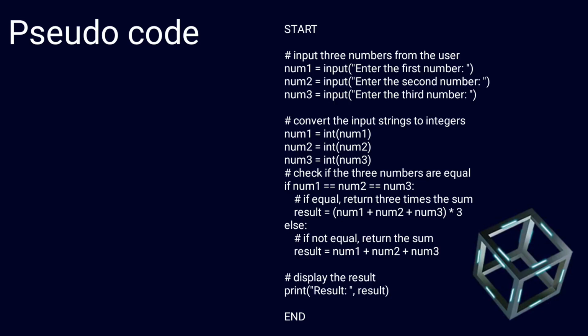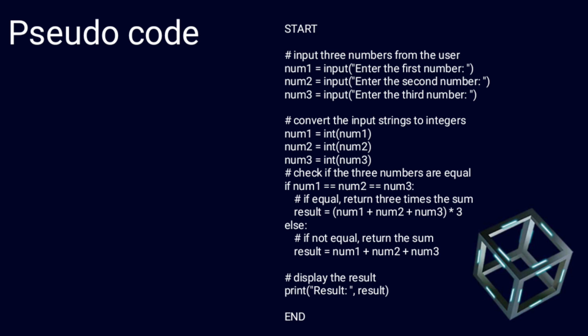And now pseudocode. Pseudocode is also the same as the algorithm, but we do not write it step by step. If you remove the step numbers, it is called pseudocode. In this, we follow the steps, but we can't write step 1, step 2, step 3 like in the algorithm. First of all, take three numbers as input from the users and store them in